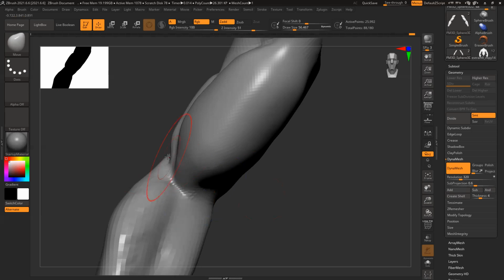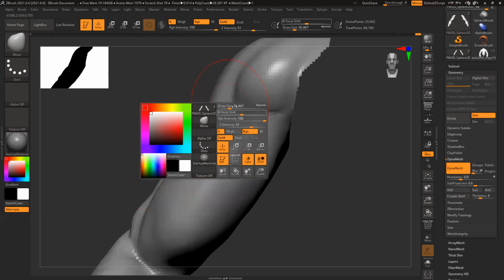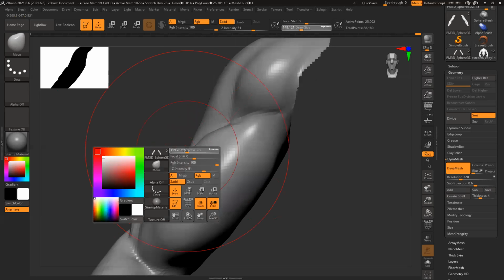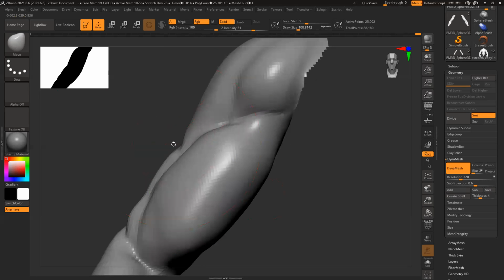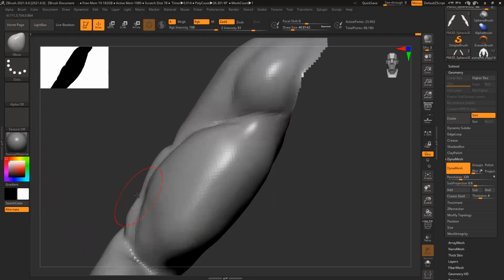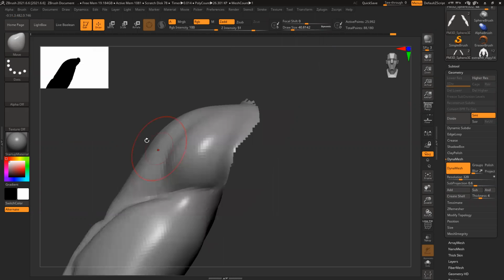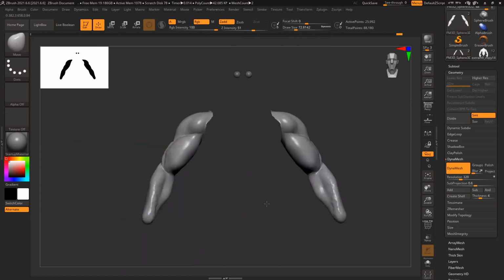This is way too much depth. This volume should extend. You can see this slight unevenness, so I have to fix that. Now this looks much better.